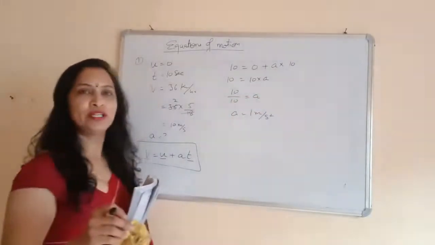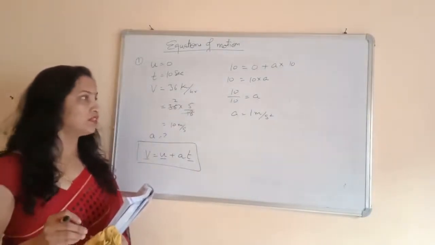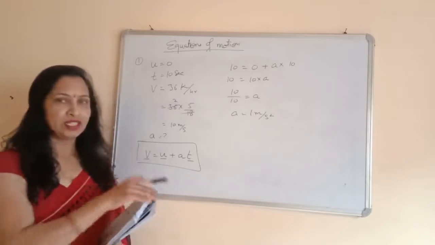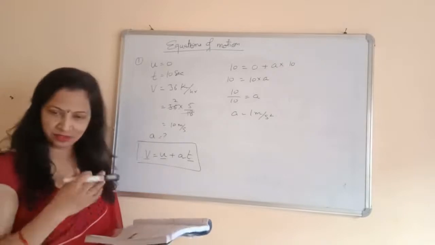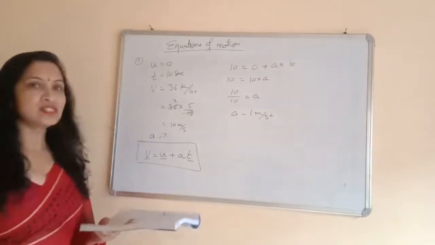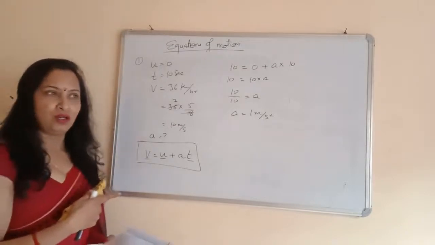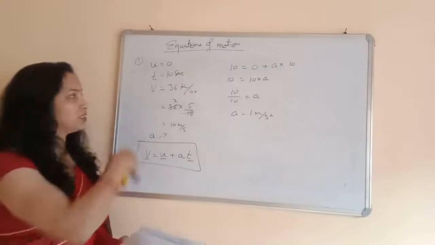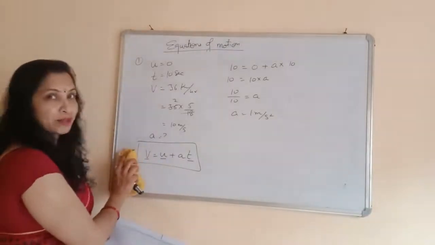Again, it is very important that you write the units with the values. For acceleration, we know the SI unit is meter per second square. So we have to write the units along with the values of magnitude. So this is the one question. And for the other question, I am going to rub this board, or you can pause my video to write all the things on the board. Okay, I am going to rub it.